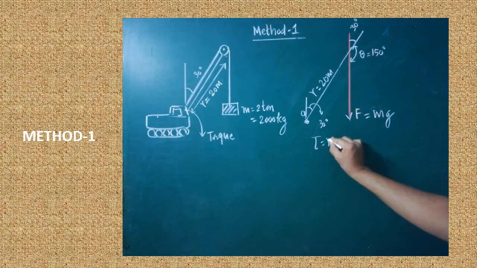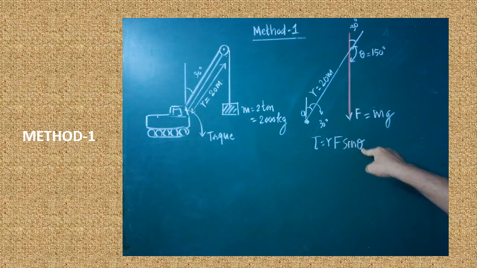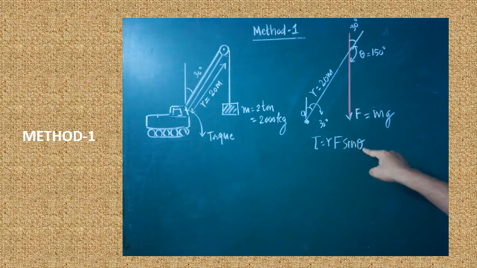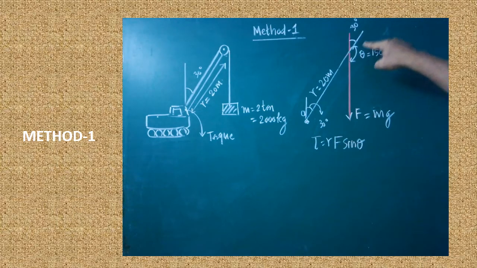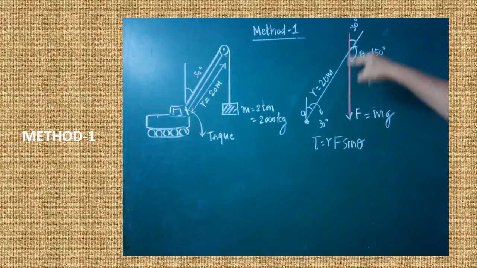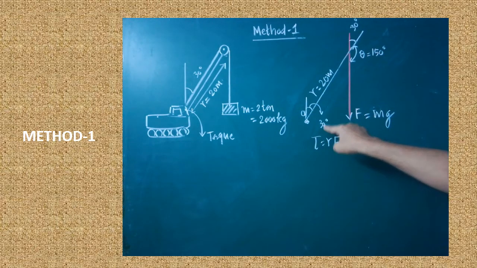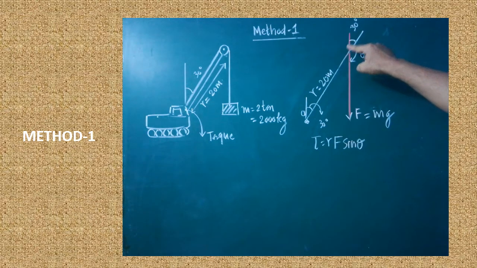Torque is equal to R F sin theta. When this formula is used, you should know the value of R and the value of F, and the angle between R and F must be known. If the line is extended in the direction of the force, what is the angle here? 150 degree. How will you calculate? With respect to the vertical, the angle here is how much? 30 degree. If the same arm line is extended, there you will get 30. This angle will be equal to this angle. Are you clear?